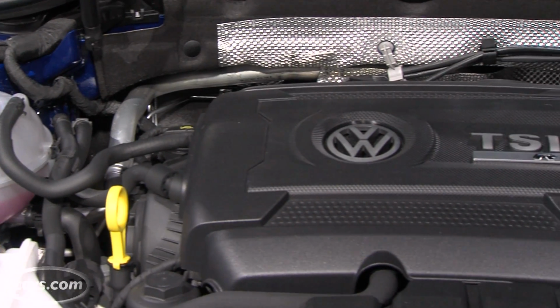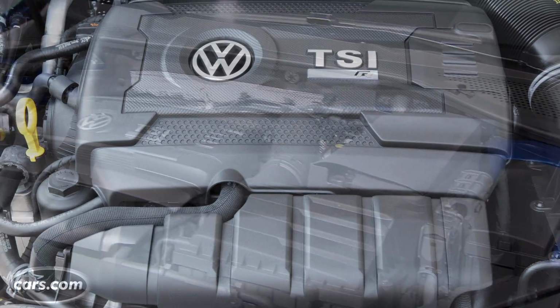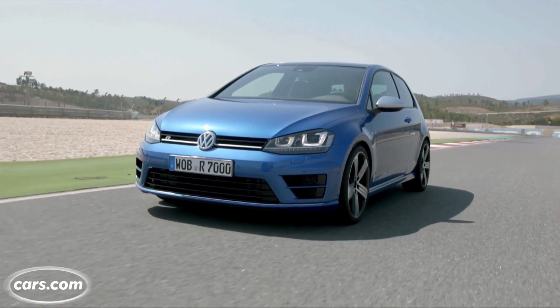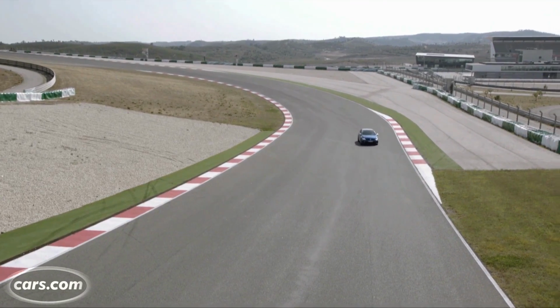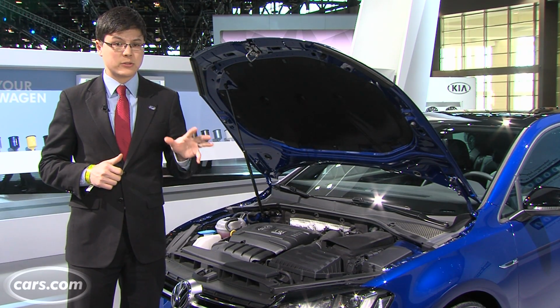This is the turbo 2-liter 4-cylinder from the GTI, but Volkswagen says the fuel injection system, the pistons, the cylinder head, and the turbo itself are either redesigned or all new in the Golf R. The results: 290 horsepower, 280 pounds-feet of torque, up 34 horsepower, 37 pounds-feet of torque versus the prior generation Golf R. 0 to 60 happens in about 5 seconds with the 6-speed manual transmission, under 5 seconds with the new